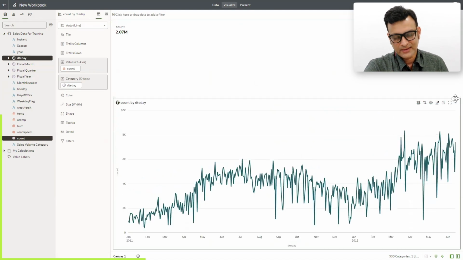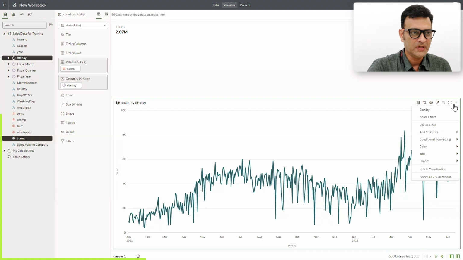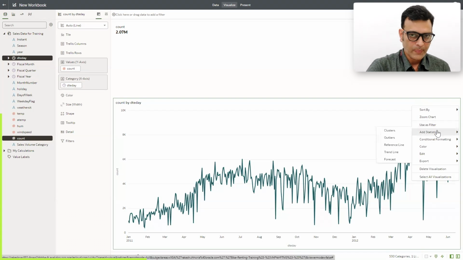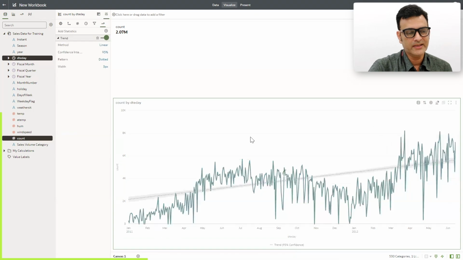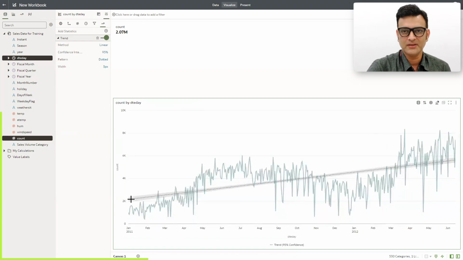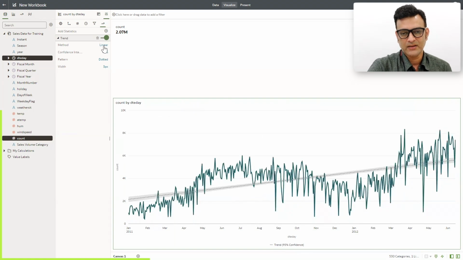This means that there is an increase in sales over a period of time. Now there are different trend line options that are available. You can go with linear, exponential, or polynomial based on the nature of the data set. Now on this, if I would like to add a capability, say I want to do the forecast, I can do the forecast by just clicking on button to add forecast.